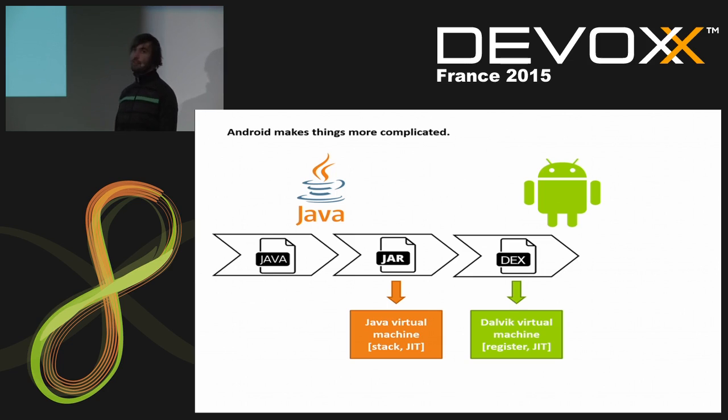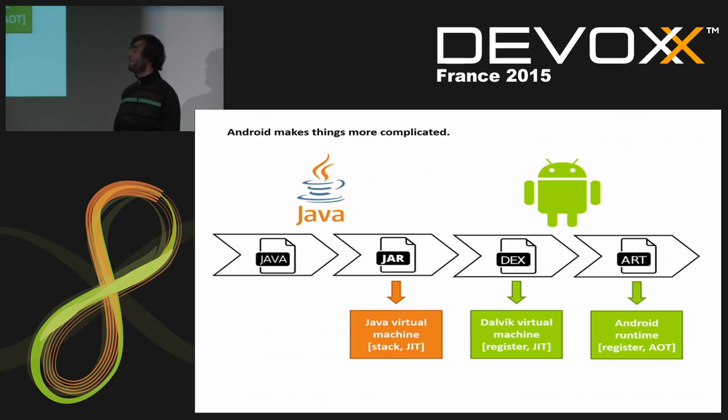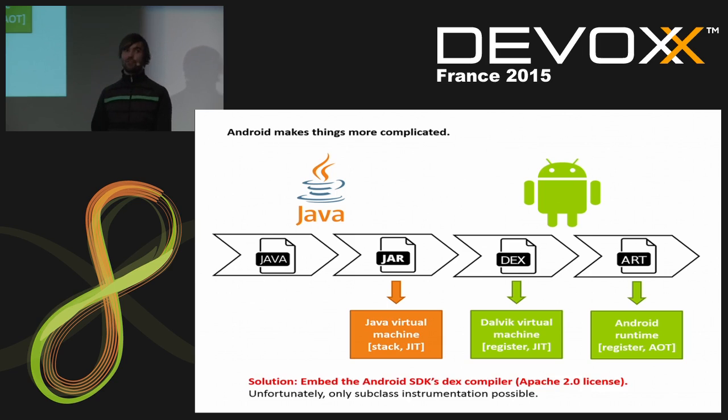However, recently the ART runtime came to Android, and ART basically discarded bytecode altogether. Not altogether, but the bytecode is now transformed into machine code once an Android application is installed on the phone or the device Android is run on. So you suddenly only have machine code at runtime now, which does not allow you to read bytecode in a standardized way anymore. However, you can still create subclasses, and there's a DEX compiler that Google delivered under the Apache 2.0